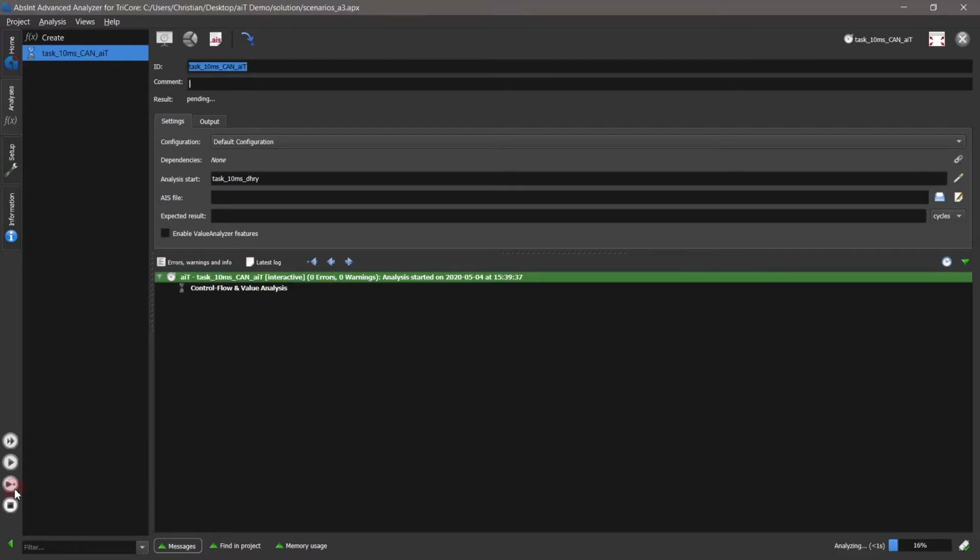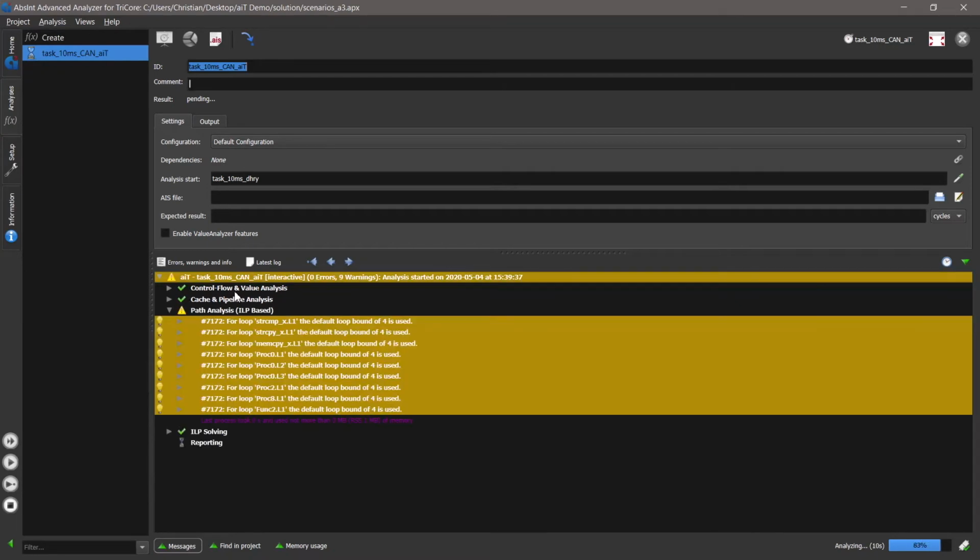For that, I'm clicking here. The different analysis stages, which I presented in my talk, will be executed one after another: the control flow reconstruction, the static value analysis, the microarchitecture analysis, the cache and pipeline, which determines worst-case timings for individual instructions, and last but not least the path analysis, which in this case reported some warnings here about